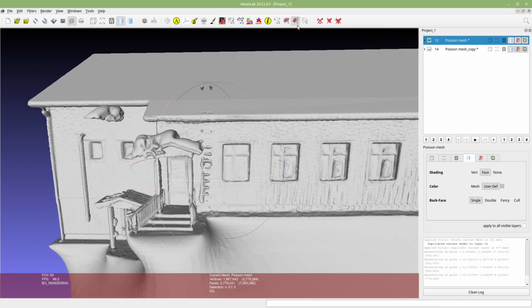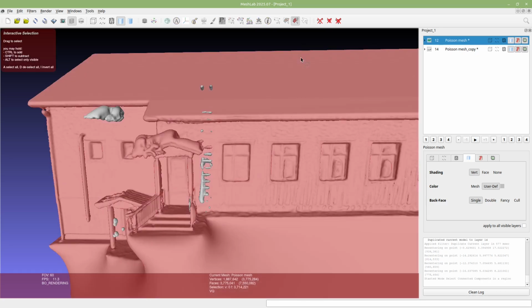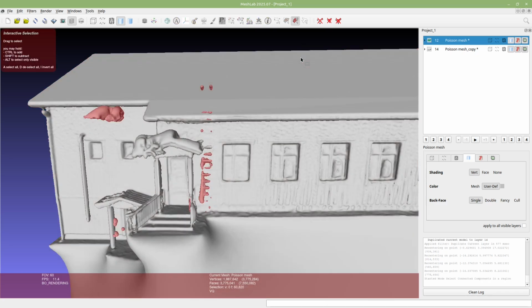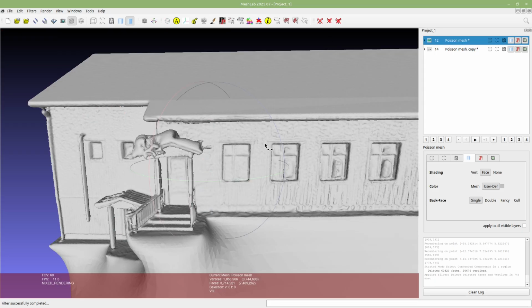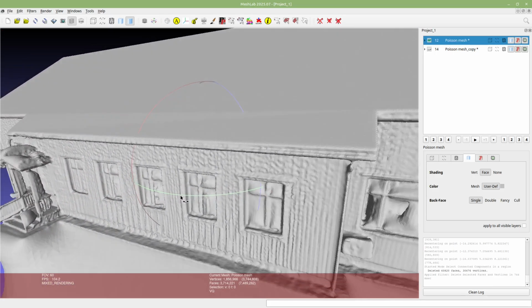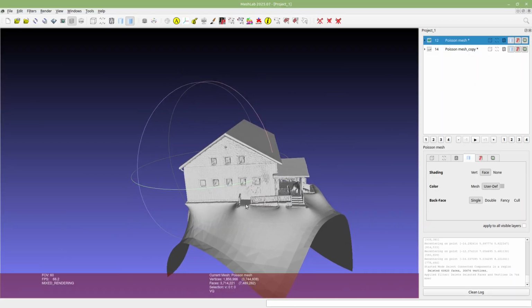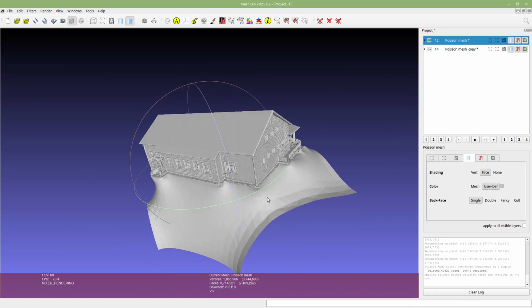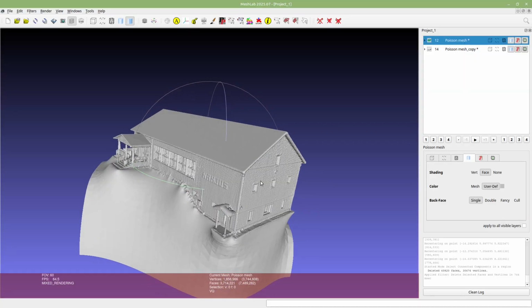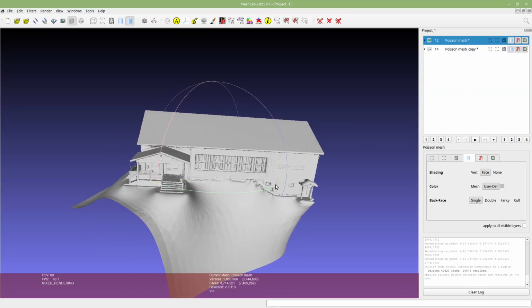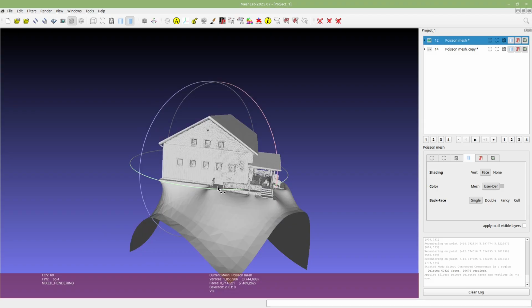We can get rid of those floating points quite easily. So now there should be only this one surface representing this whole building here.